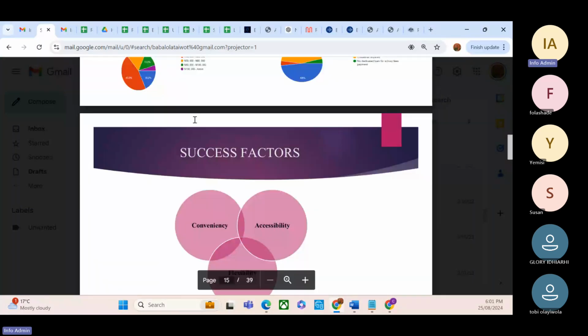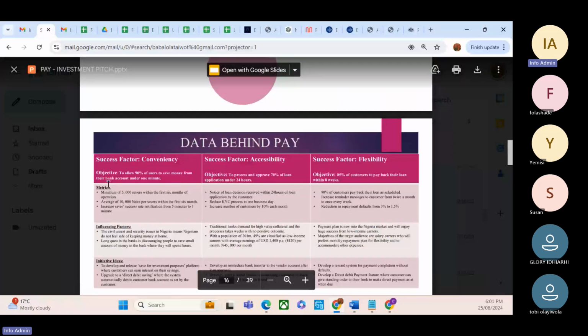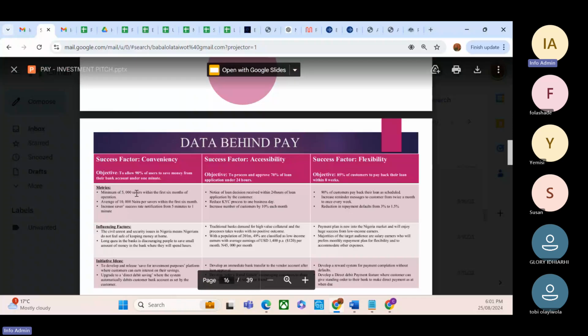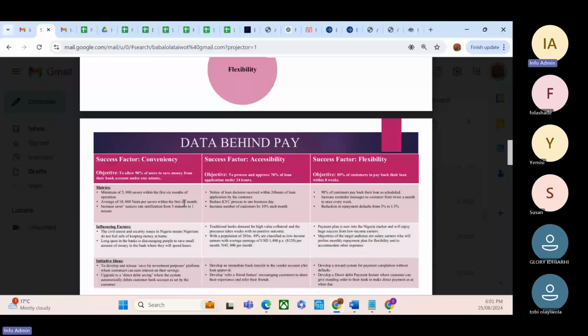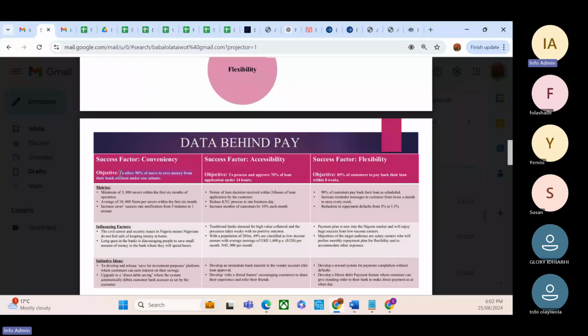Then we move to your success factors. Remember, this product will be measured against these 3 success factors: convenience, accessibility, and flexibility. Okay, we want to say the objective for convenience is to allow 90% of users to save money from their bank accounts in under 1 minute. Metrics: 5,000 savers within the first 6 months, with an average of 10,000 naira savings over 6 months. These are the metrics that we want to know. If we're able to meet this, meaning